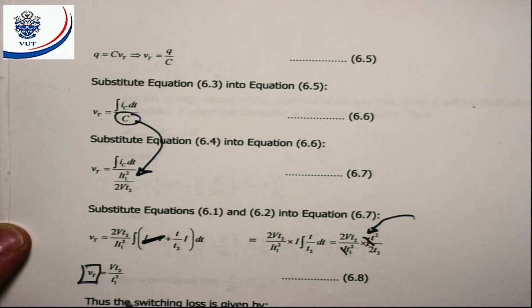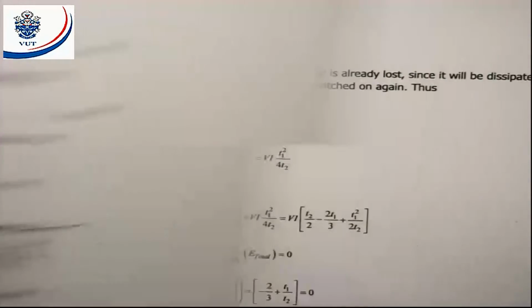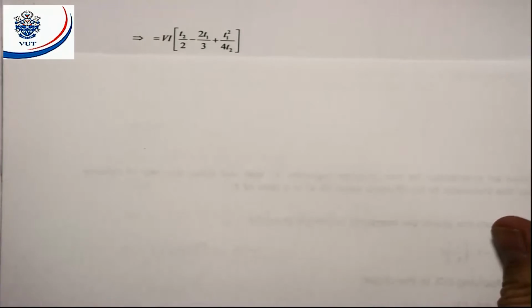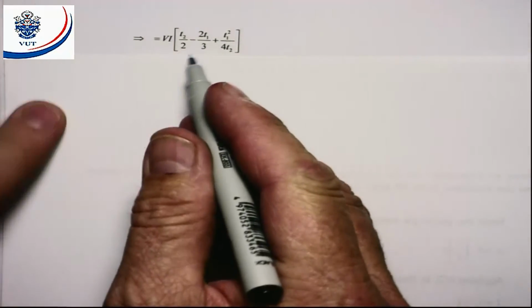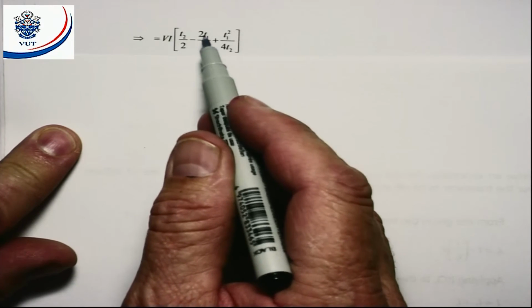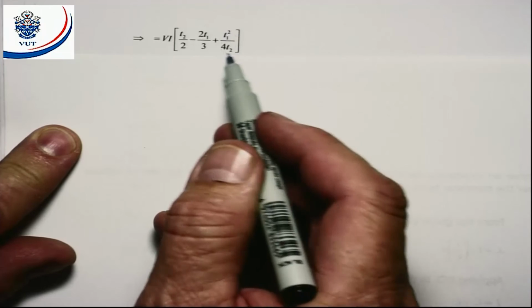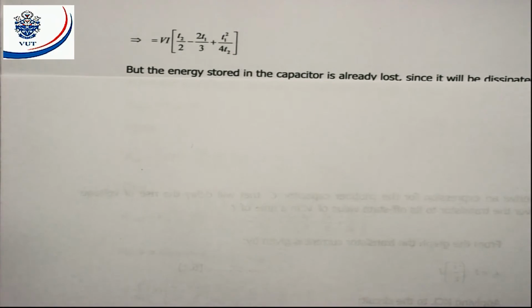If we now substitute that into this equation for the switching energy loss and manipulate everything, then you get to the following equation: the switching energy loss is equal to Vi times T2 over 2 minus 2T1 over 3 plus T1 squared over 4T2. But if we now look at our circuit,